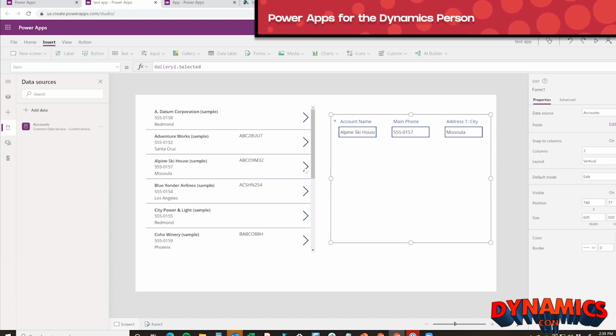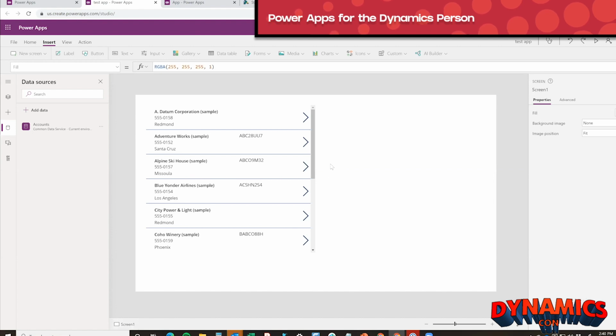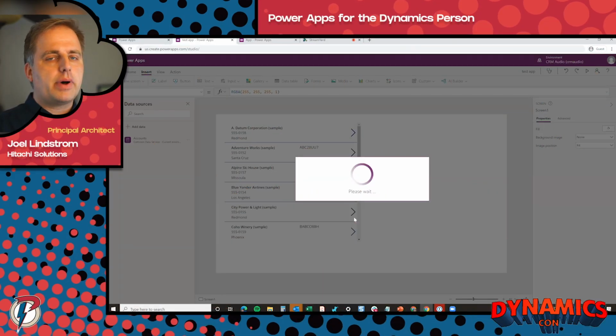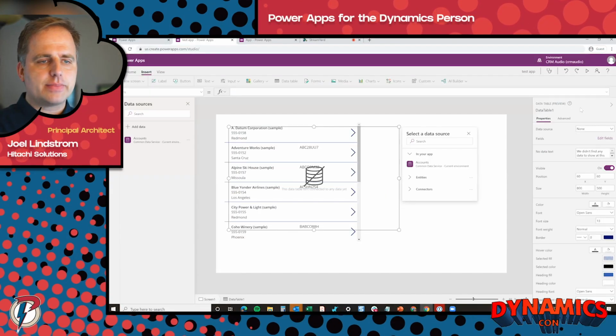The other thing you can do is do a data table. If you just want that view layout like you have inside of Dynamics, maybe consider doing a data table instead. And data tables are somewhat like galleries, but they have some key differences.